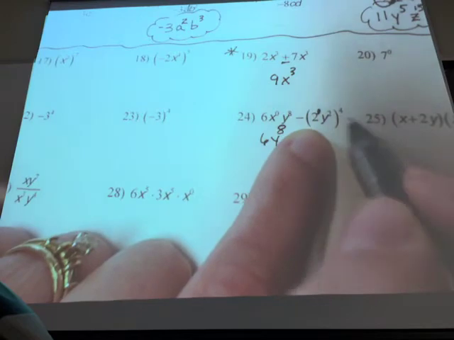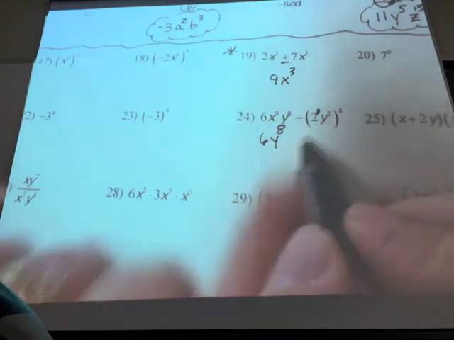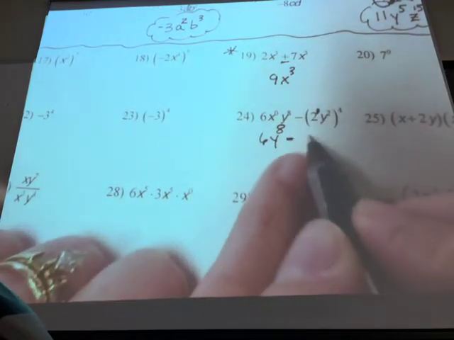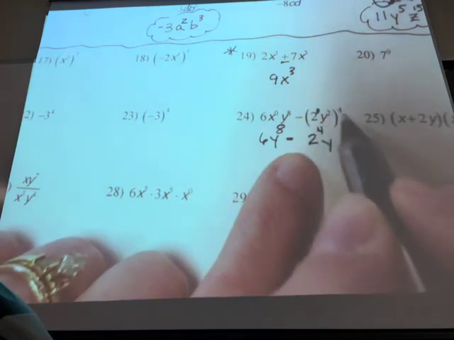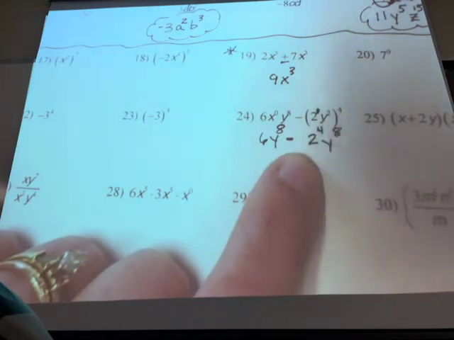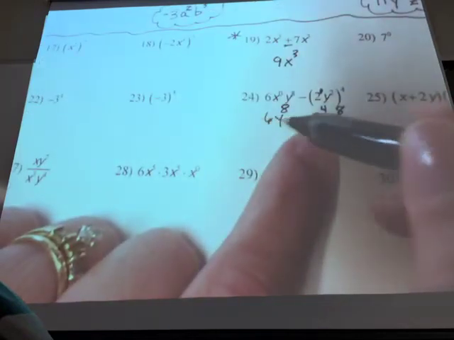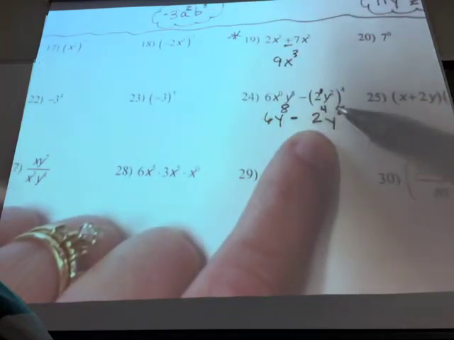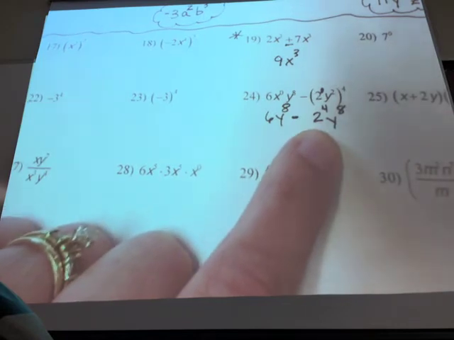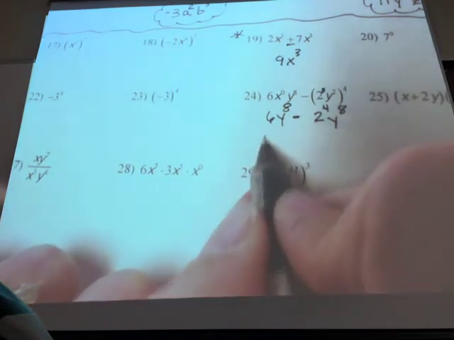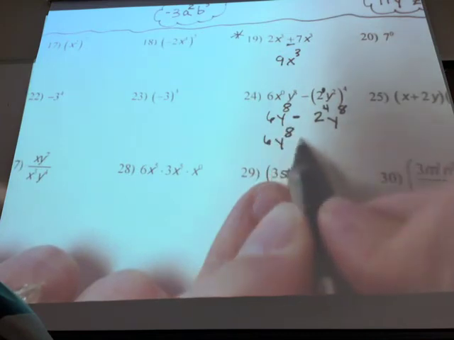So that's going to be 2 to the 4th, so this is the subtraction problem, 2 to the 4th, y to the 4 times 2, which is 8. Now, before you can actually work this problem out, do 2 to the 4th. What is 2 times 2 times 2 times 2? That should be 16. So your problem becomes 6y to the 8th minus